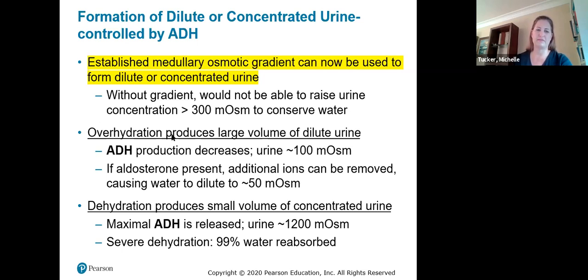So if normal, like been drinking a lot, we'll stay at 100. But if we really need, this usually comes more into play with blood pressure also, we can further reduce the